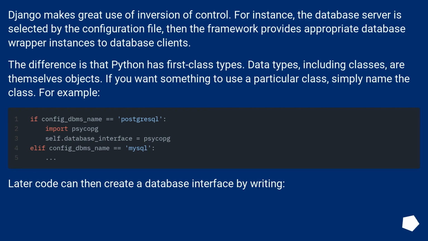Django makes great use of inversion of control. For instance, the database server is selected by the configuration file. Then the framework provides appropriate database wrapper instances to database clients. The difference is that Python has first-class types. Data types, including classes, are themselves objects. If you want something to use a particular class, simply name the class. For example, later code can then create a database interface by writing